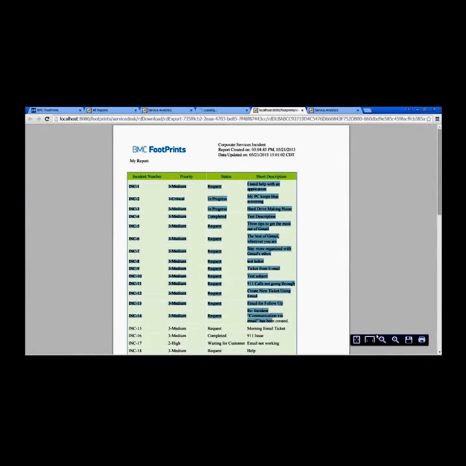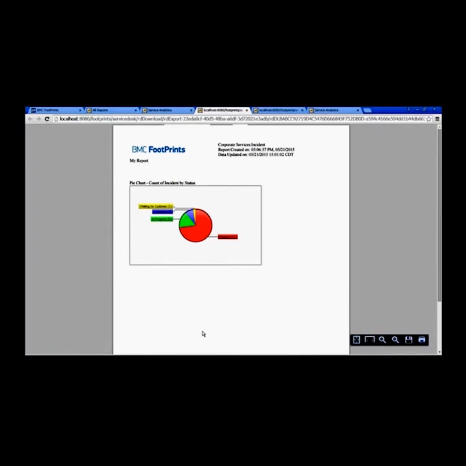I can choose to copy this. I can export it, paste it, zoom in, print it, save it, whatever I would like to do with it. And that also means, of course, that if I've chosen to set up a report in FootPrints and I wanted to automatically run that report, I can do that too. We'll talk a little bit about how that can be done. FootPrints created a PDF of my chart,